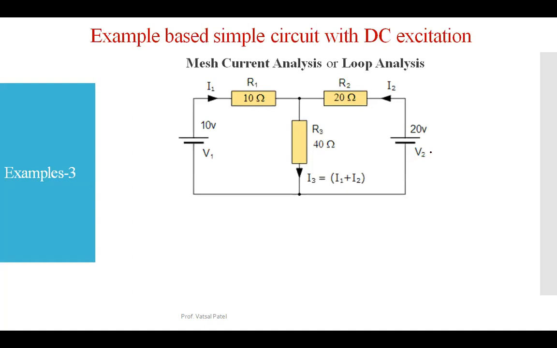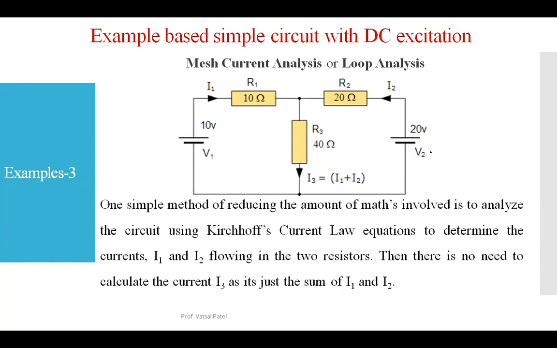Now, this is one of the examples we had. Can you identify the value over here? This is your example question. You have to identify I1 and I2, just like what we have done earlier. The same thing you can do over here. So first of all, identify the meshes in this circuit, and after that you can apply the KVL. And first of all, tell me how many junctions you have in this circuit diagram. Can you tell me how many junctions you have in this diagram?